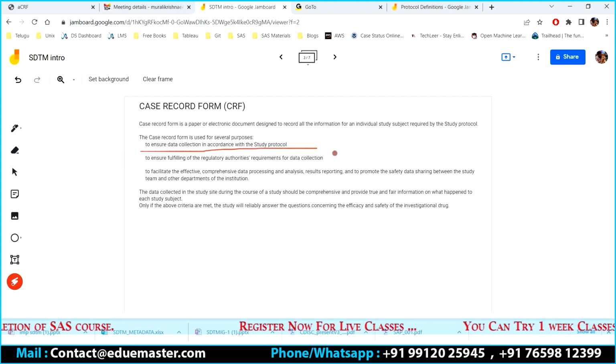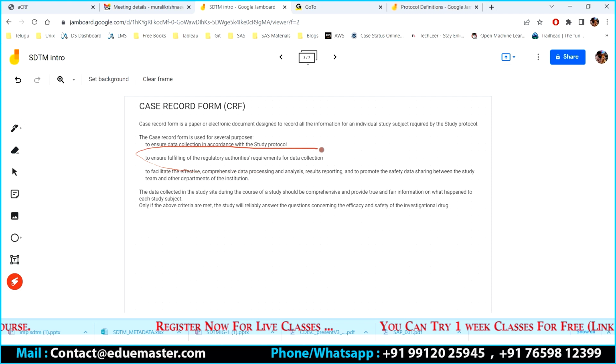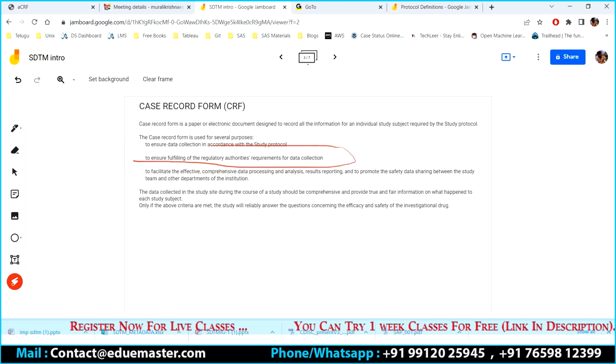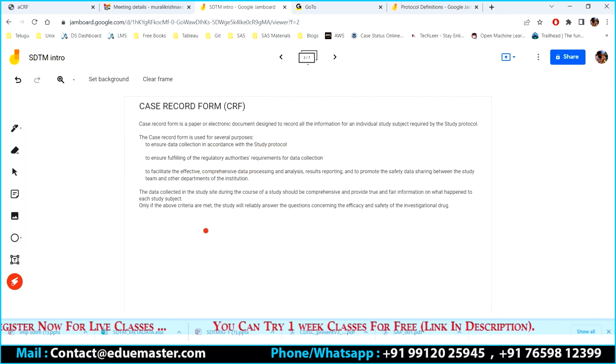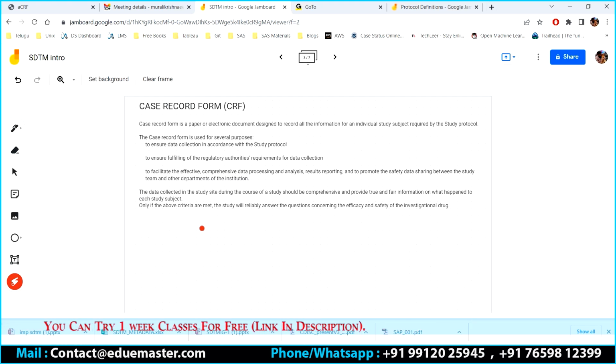Second, whatever I'm filling there, I need to ensure that the data collection is in compliance with the regulatory authorities, which can be FDA, EMA, or our drug control, whatever it is. It needs to be as per the regulatory authorities.